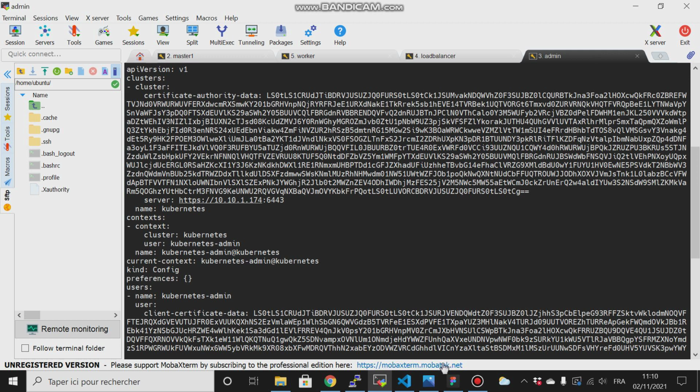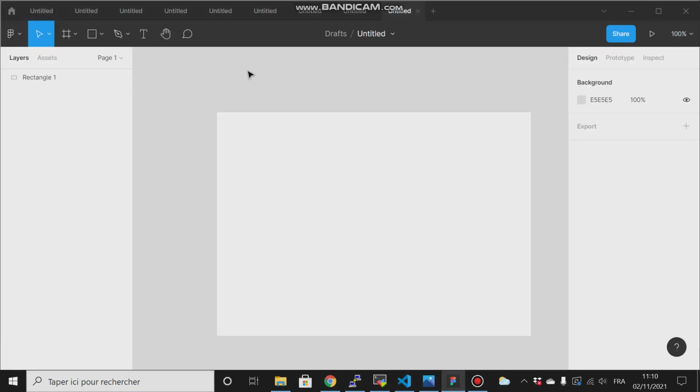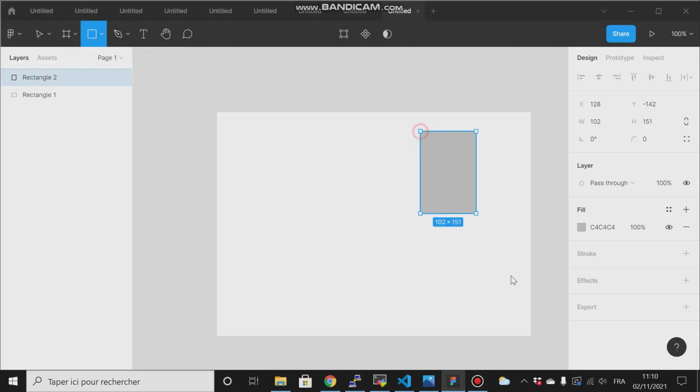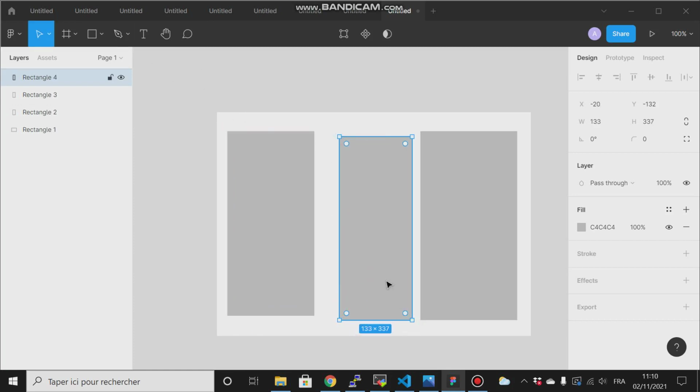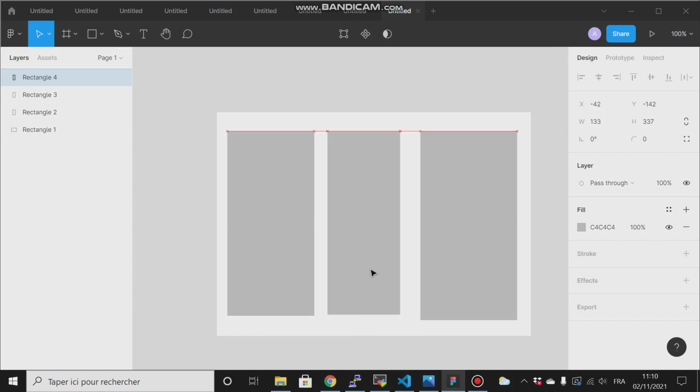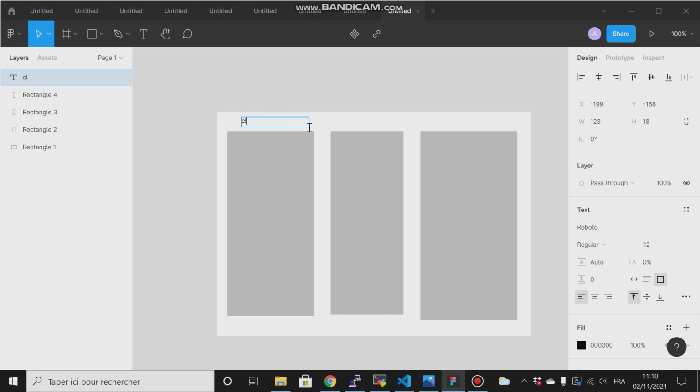So the context defines which user and which cluster I want to interact with. So I have, in reality, three categories. I have, as I told before, the one called cluster, then